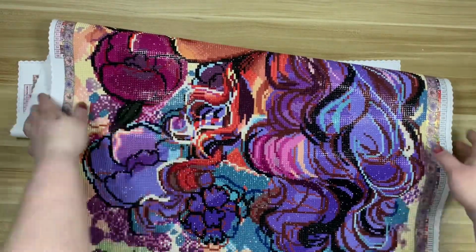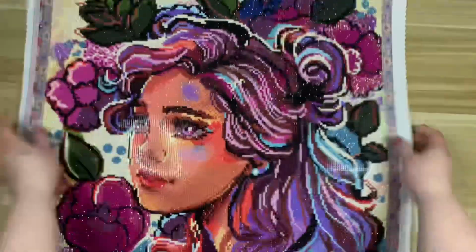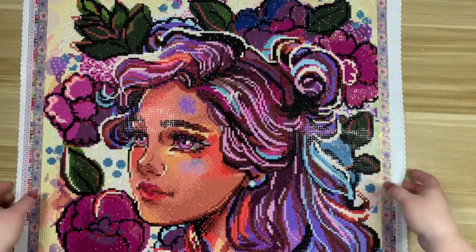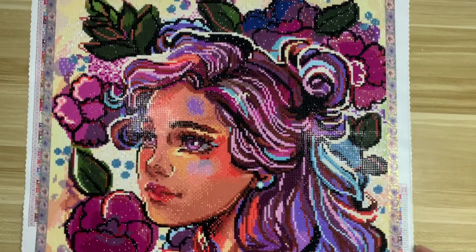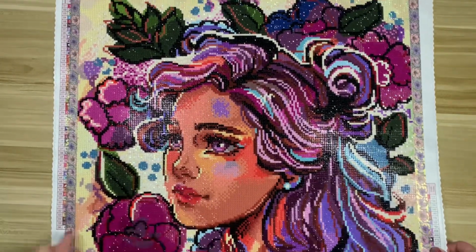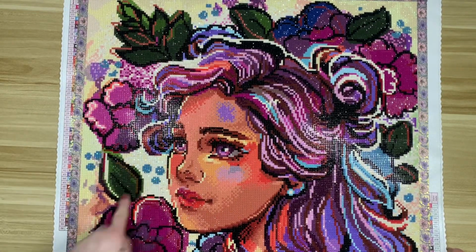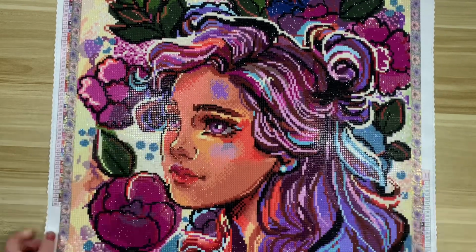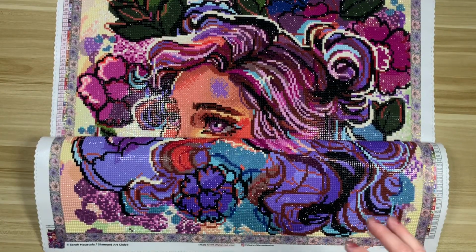right through here. Sorry if I'm offending you, by the way, I'm handling this canvas. I'm only doing it because it's a Diamond Art Club and I know I can tolerate it. Then there's a big chunk of blue here. I just don't love that. All of these little, I think they're supposed to be little mini flowers. Those are all AB. I just felt like it was too much, which I know for someone being me, who